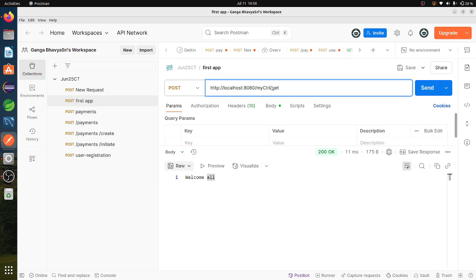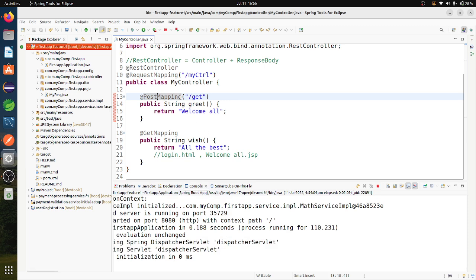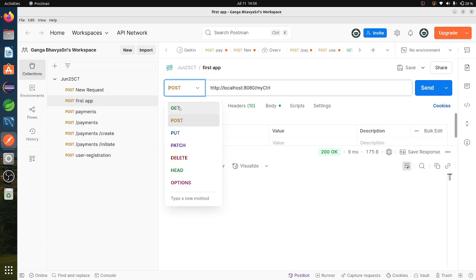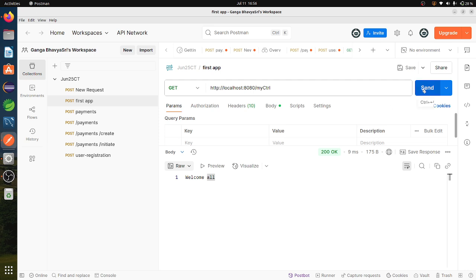What I will do, I will remove this one. Here also I will remove this one. Now if I pass this one, if I am saying post, then it is giving me the welcome all message. If I say it is get, then it is giving me all the best.